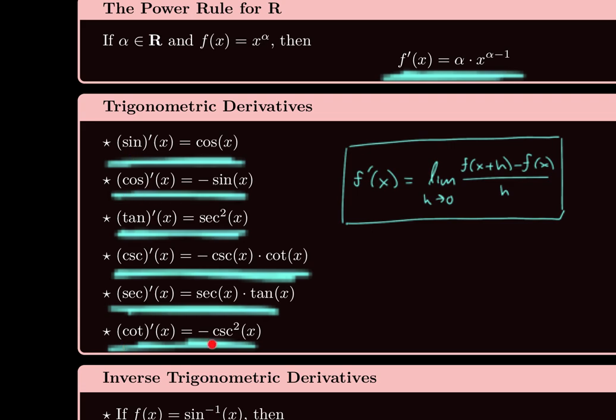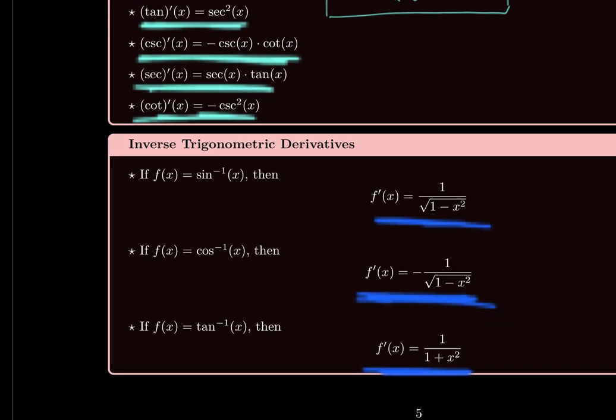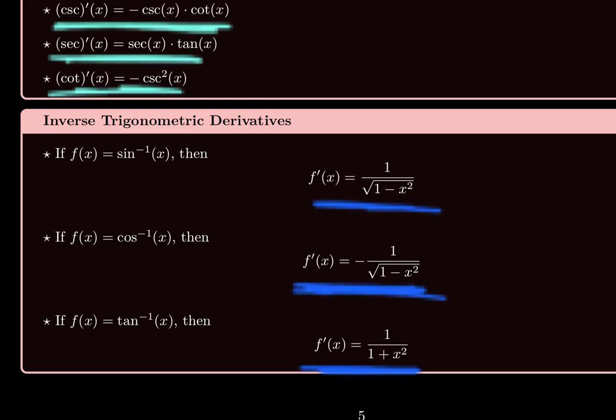Again, you can use the quotient rule. So these came via the limit definition. All of these came because we had these two and the quotient rule. But what if I want to talk about not the multiplicative inverse of the sine and the multiplicative inverse of cosine, but what about the function inverse of sine and cosine? Indeed, with this implicit differentiation, you can actually quite quickly solve for the derivative of sine inverse, cosine inverse, and